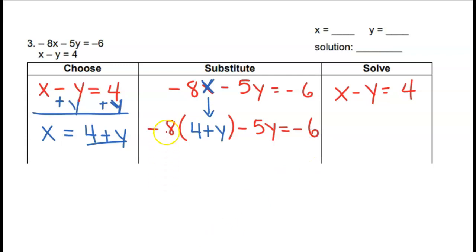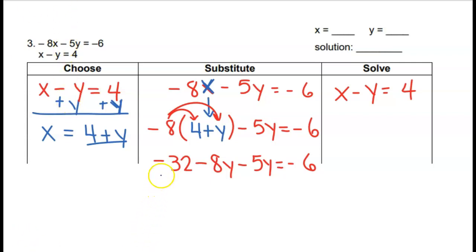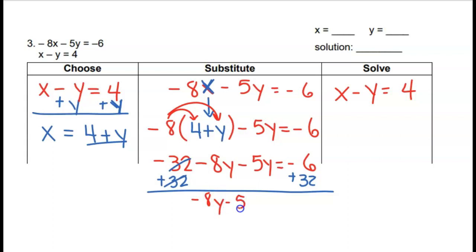And then I'm going to solve this for y this time by distributing: negative 32 minus 8y minus 5y equals negative 6. And so I'm solving for y. I need the y by itself. There's several different steps you could do here. So I'm going to add 32 to both sides so that I have negative 8y minus 5y equals